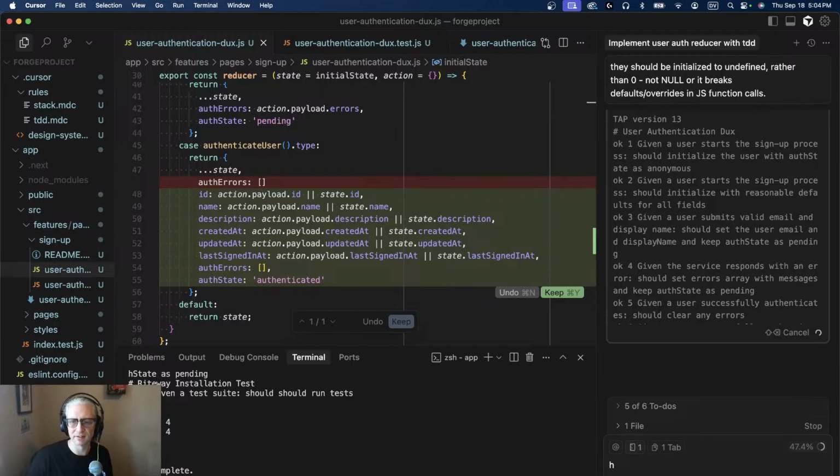It's charging ahead. My computer's lagging big time. Sorry about that. Apologies for the lag. I think in the future, maybe I'll just record these. Yeah, I'm going to